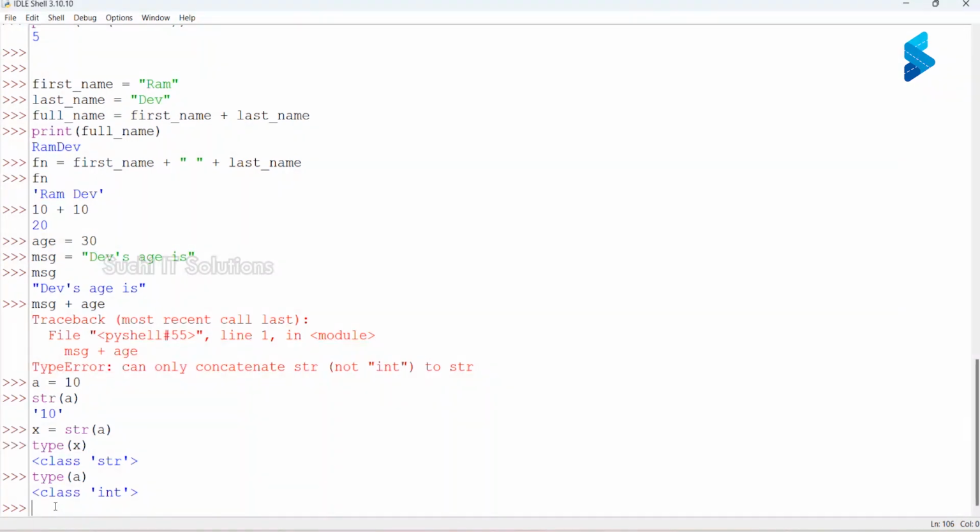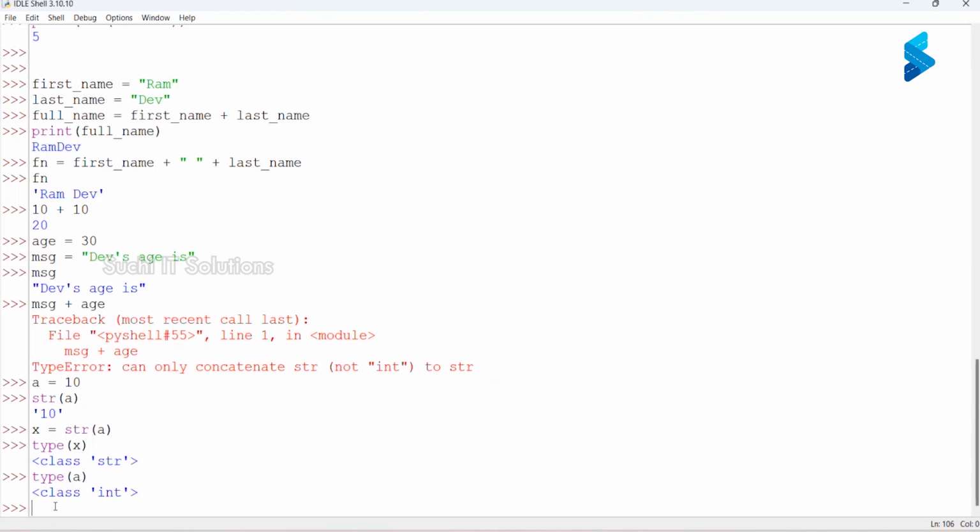Initially it was integer. Now the same is converted to a string and it is still the digit, but there are quotation marks around it. So whenever there are quotation marks around any given value, it is of type string. Are we clear with it?